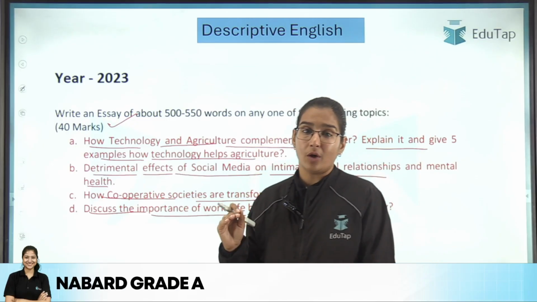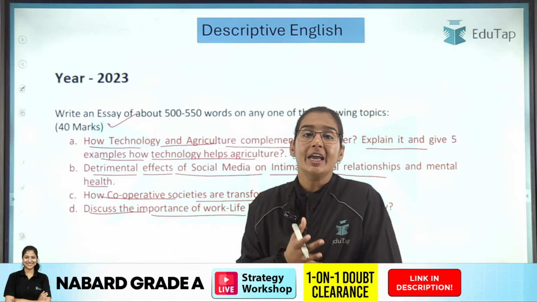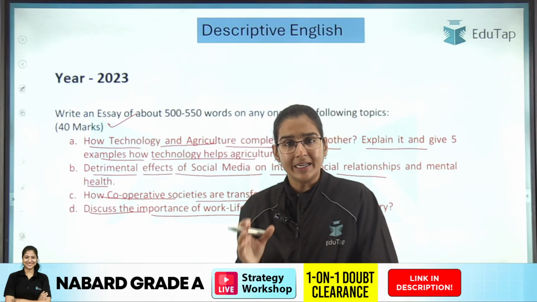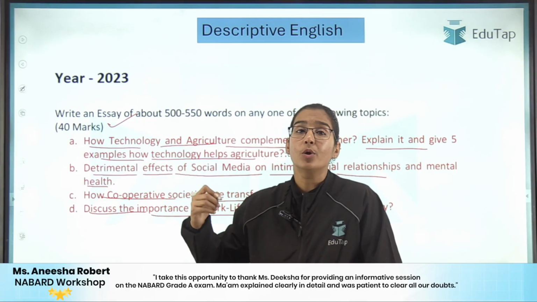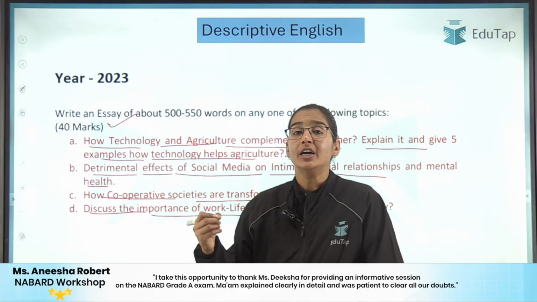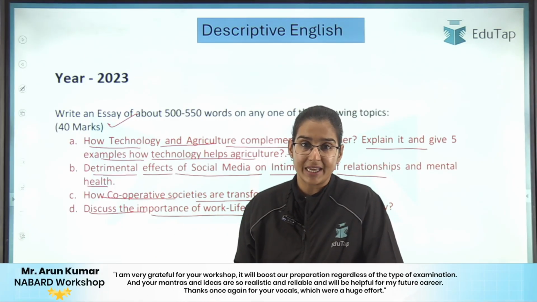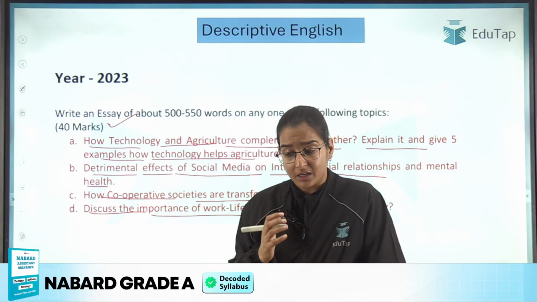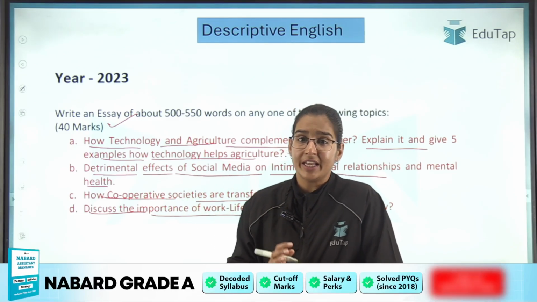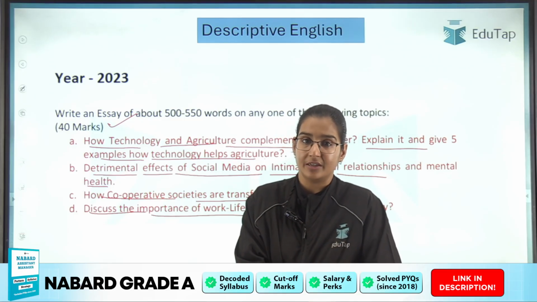So the word limit of the essay will be much higher as compared to what you are going to write in your descriptive papers. So the content will remain the same. Here you have to write more. You have to write more analysis. You have to write a lot of your understanding. You have to express yourself better in the essay. Otherwise, the themes, the points, the arguments which you are going to give are going to remain the same as far as the paper 2 descriptive is concerned, right?